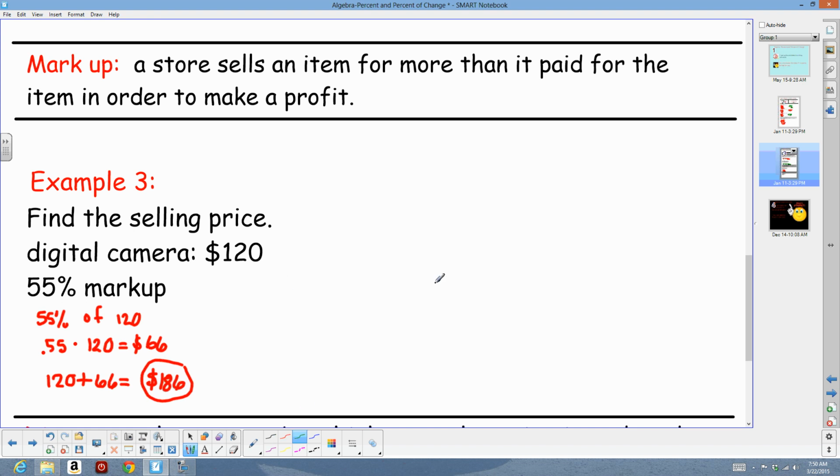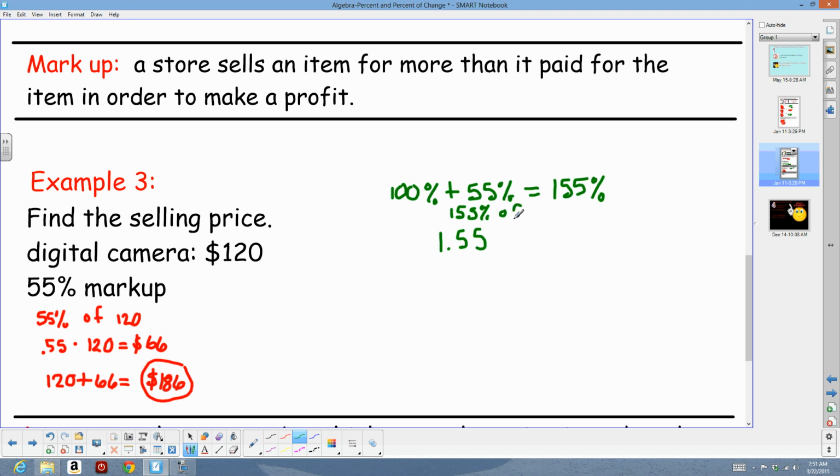Now there is a quicker way to do this. If something is going to be marked up 55%, that means you're going to pay 100% of the price plus another 55% of the price, which is a total of 155% of the price. And that's math that you can do in your head. Well, 155% is 1.55. So if we're trying to find 155% of